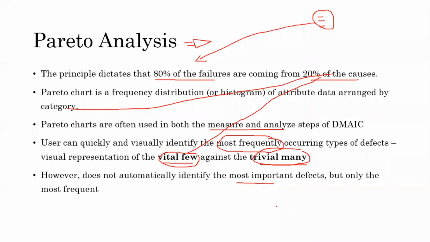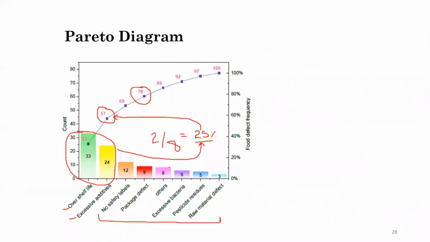ባነሳነው ላይ ማለት ነው trivial many እና vital few ብለናል. So once you conduct this analysis you can identify that these few or two of the items are vital whereas these ones are trivial that could somehow